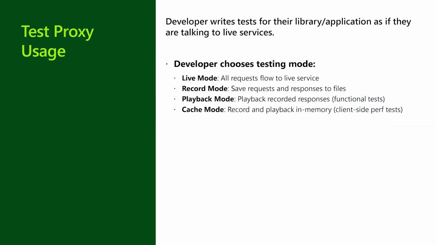The test proxy is designed to make testing faster and cheaper. With a few simple tweaks to the request headers, you can take advantage of several different modes. We've already covered recording and playback using a recording file written to disk. There is another recording option where request and response data is saved in cache for extremely fast access. This mode allows you to test the performance of your client-side code.